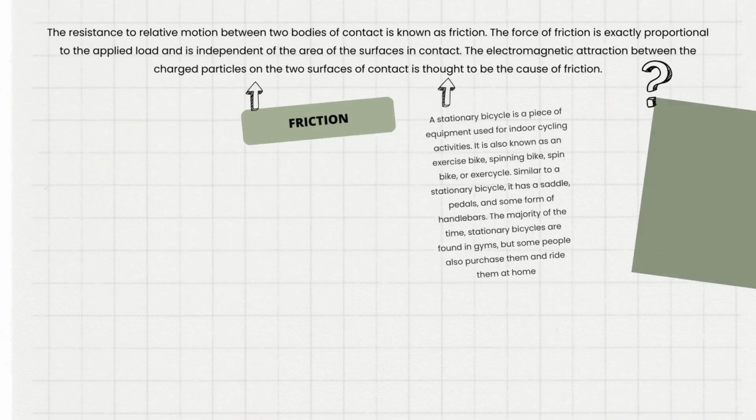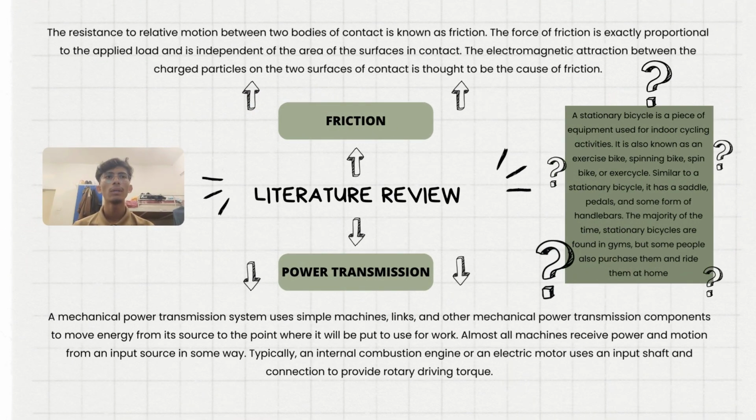That's all. Literature review. A stationary bicycle is a piece of equipment used for indoor cycling activity. It is also known as an exercise bike, spinning bike, spin bike or cycle. Similar to a bicycle, it has pedals and some form of handlebar. The majority of the time, stationary bicycles are found in gyms, but some people also purchase them and ride them at home. The two topics we will discuss are friction